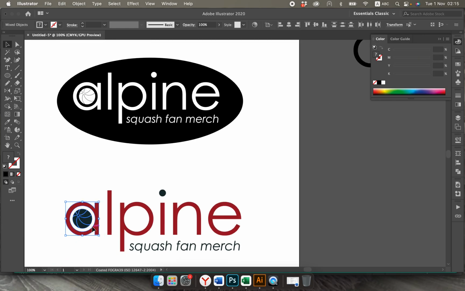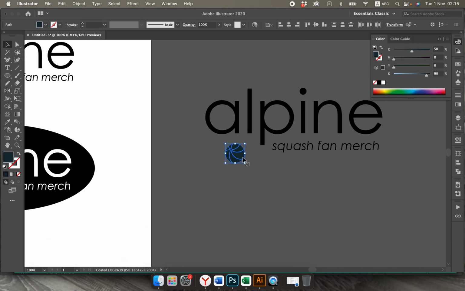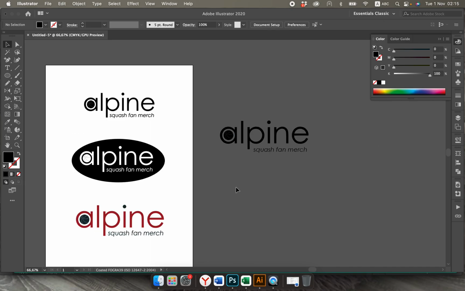And also you just need to select your ball, copy it and put it here. So now everything is done about how it will work. Here should be a black color. So now you may see that